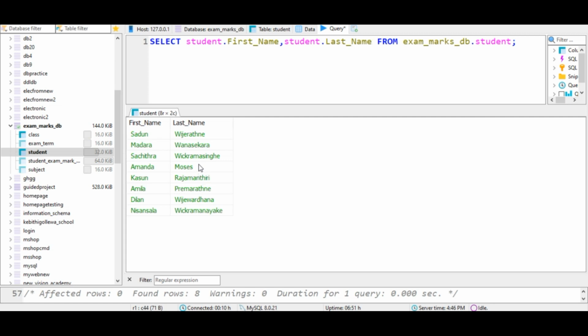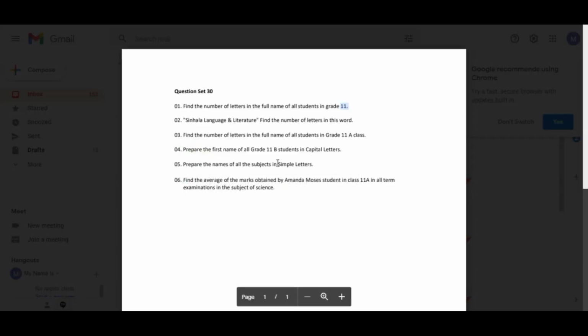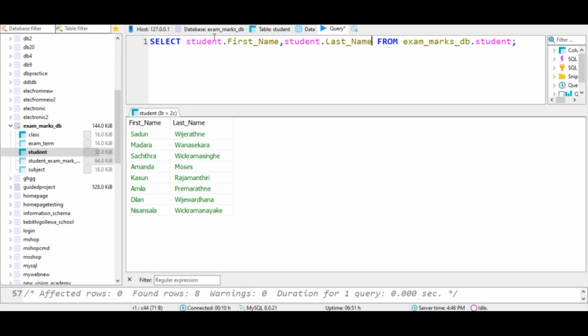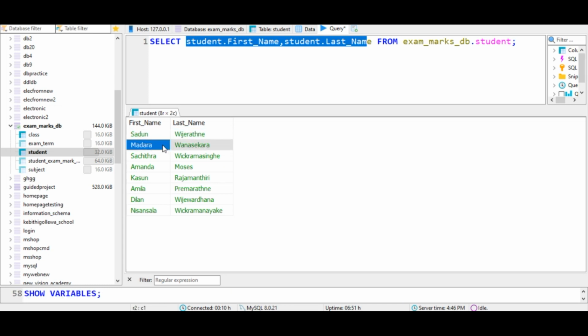But it's okay, but they're asking for the number of letters in the full name. So therefore we had to join both these column names, and after that we have to count the characters of that